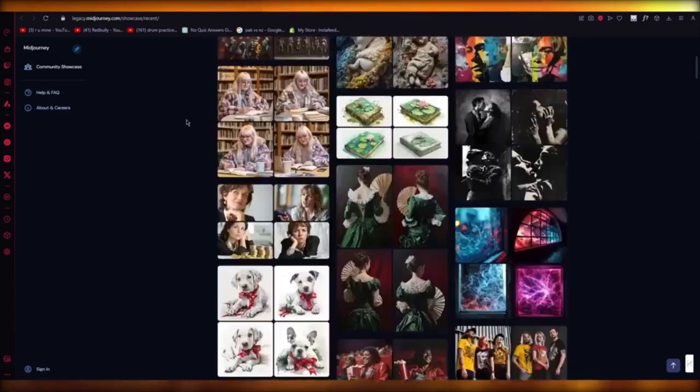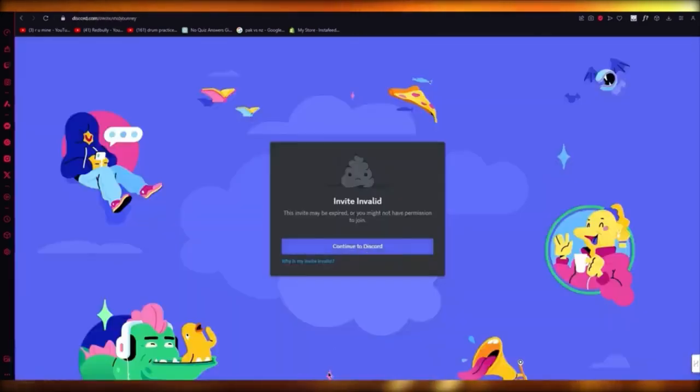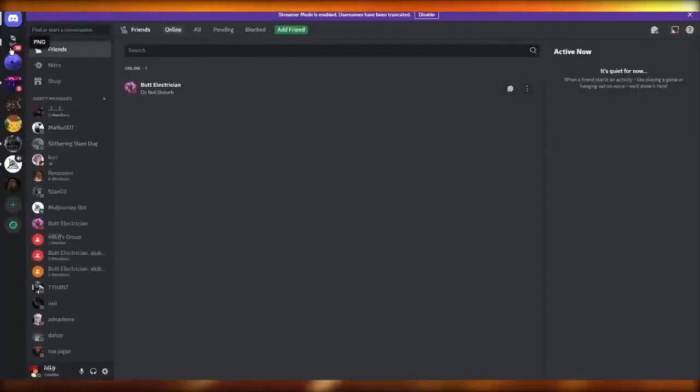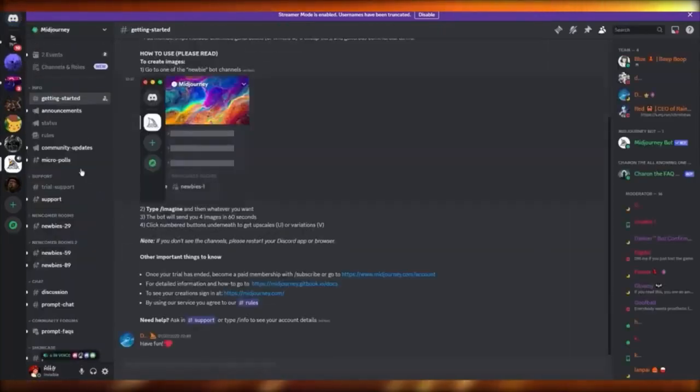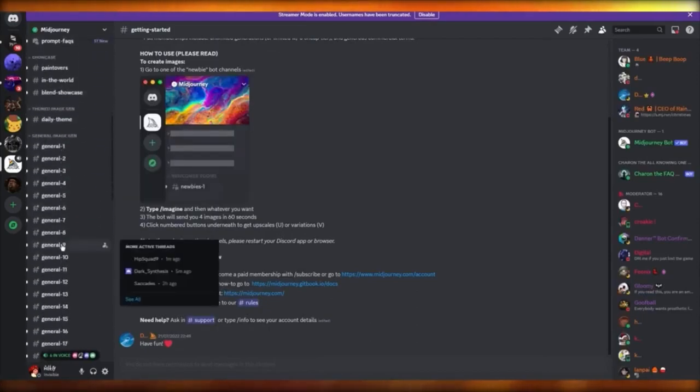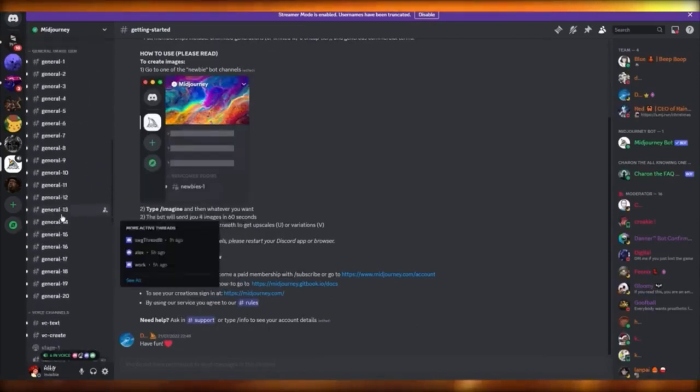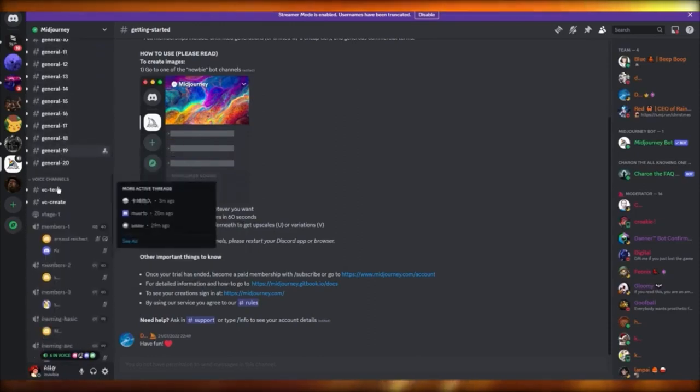Now, to make this, again, Discord, you're going to continue to your Discord where you're going to accept the invite. And once you do that, you're going to run up your Discord. Now, I'm already in the Midjourney server, so let me show you how it works. So once you run up Midjourney, as you can see, it loads you in, so make roles and stuff. Now, what you're going to do is go into your Midjourney server. Now, the Midjourney server is going to be right here. It's going to look somewhat like that. Over here, you're going to go to any room, okay? Now, generally, you should go in the general room.